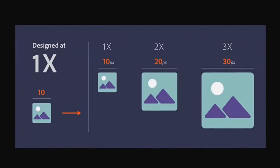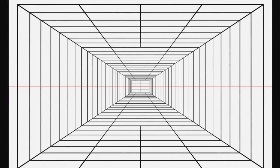There are different calibrations of measurement that we can use to measure these. Since we're looking at photographs, we can measure pixels, inches, centimeters, millimeters, points, picas, or columns. But it doesn't really matter what scale you choose to measure these objects. The fact still remains that the further away objects move from us, they change in size. Doesn't matter what unit of measurement is being used, that fact still remains. So in reality, we know that